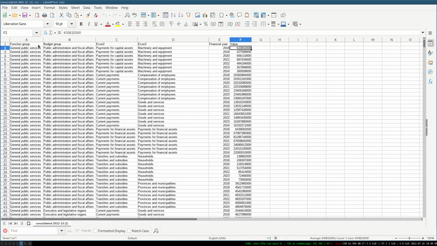And the classifying columns we have are function group, budget group, economic classification level 2 and 3, and financial year. And the financial year is showing the first year, the starting year for the financial year. So 2018 would be 2018-19. So just to quickly get a sense of what we're looking at and that it matches the raw data,